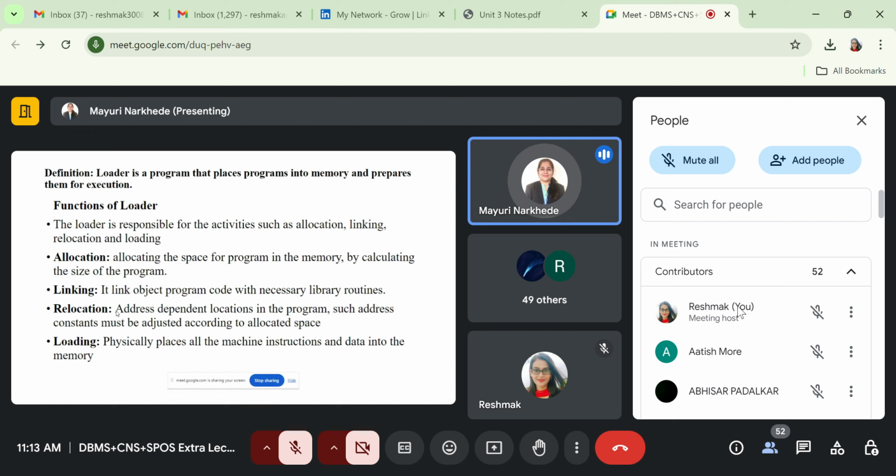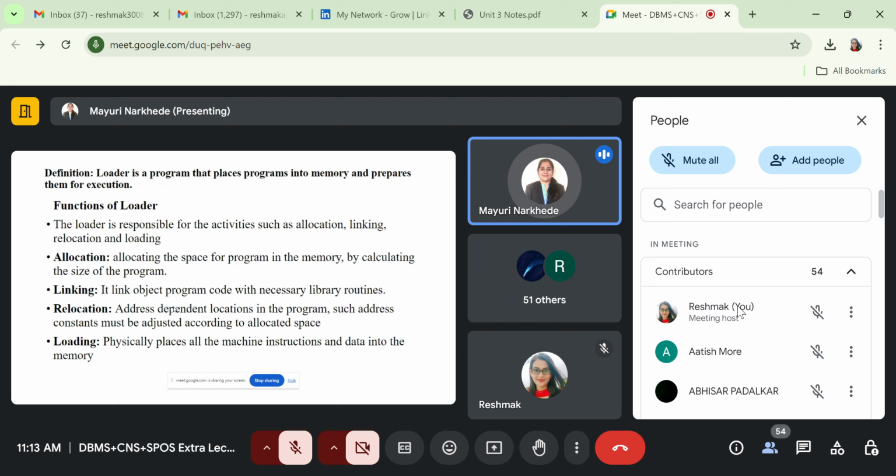Suppose we use the printf or scanf function, okay, but we don't need to write the definition of the printf and scanf function in our program, okay, but actually somewhere the definitions of all those built-in functions are available in the memory, okay. So what does the linker do? Linker links that function with the main definition of that function, okay.